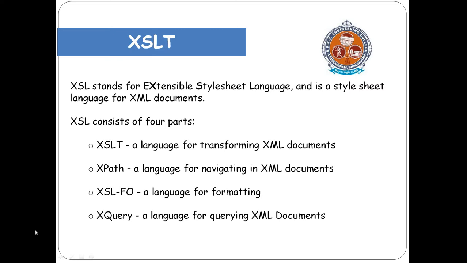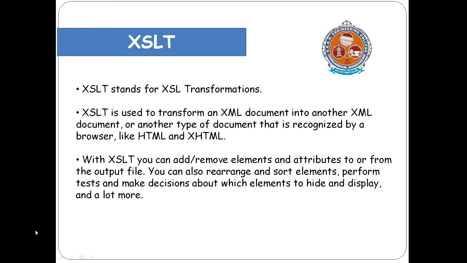So we learned that XSL stands for Extensible Style Sheet Language. XSLT is Extensible Style Sheet Language Transformations. The name itself suggests transformations for XML pages. XSL transformations can transform an XML document into another XML document, or convert an XML document into a text document, or convert an XML document into HTML also. If you convert an XML document into HTML, it is called XHTML.